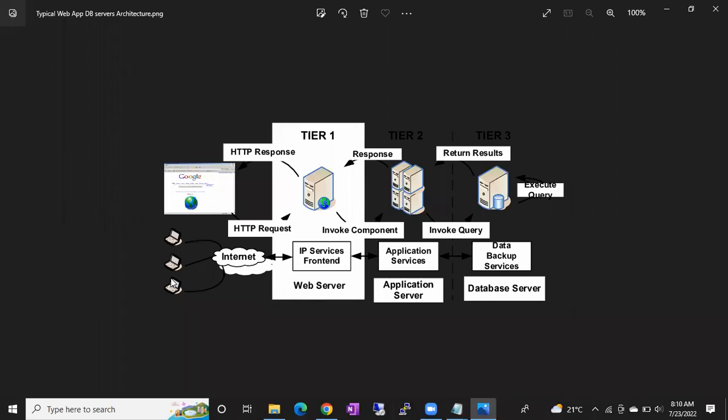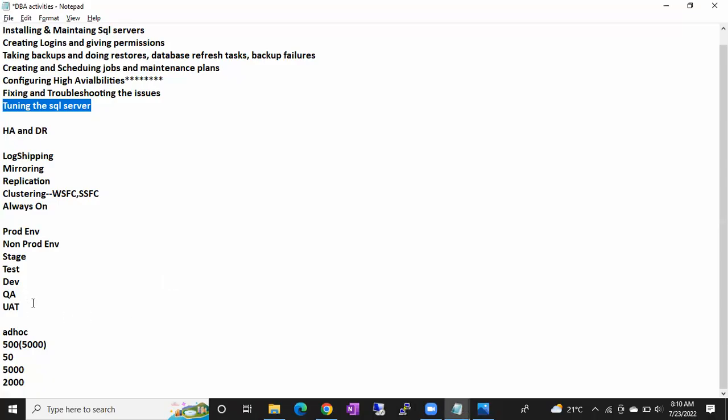Quality, what is that, guys? Quality analysis? Quality assurance. Assurance or analysis? Yeah, quality assurance. Right. Stage means stage servers only. So test server. So like that we have different types. Again, non-prod means all these 5 types of environment you can call as a non-prod server, non-prod environment. Okay. Any other questions, guys?